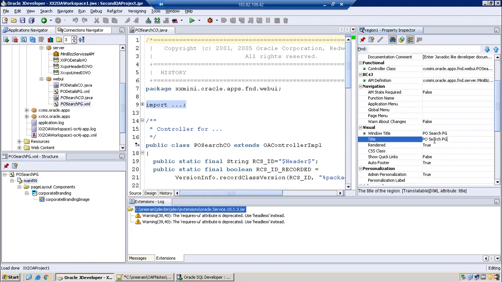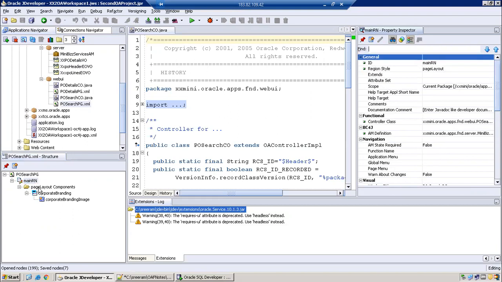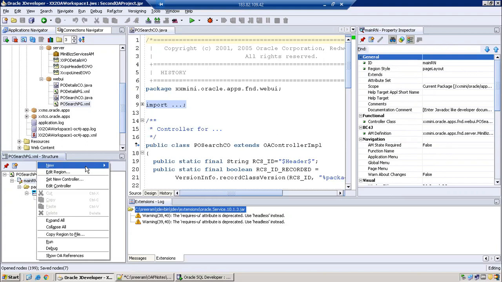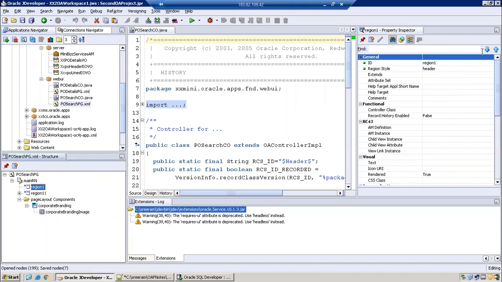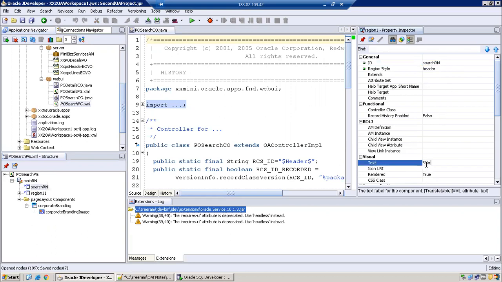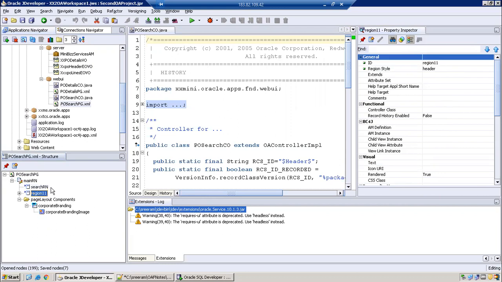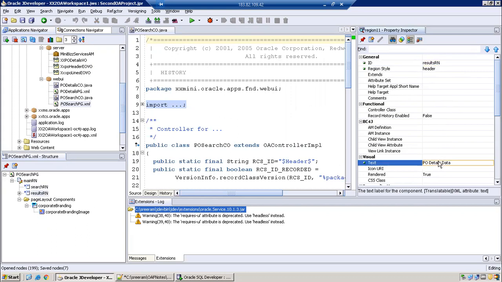Generally, a search page always will have a search region as well as a results region. So we'll have similar logic. I'll create two regions. One is the search region, the other one is the results region, pivot details.